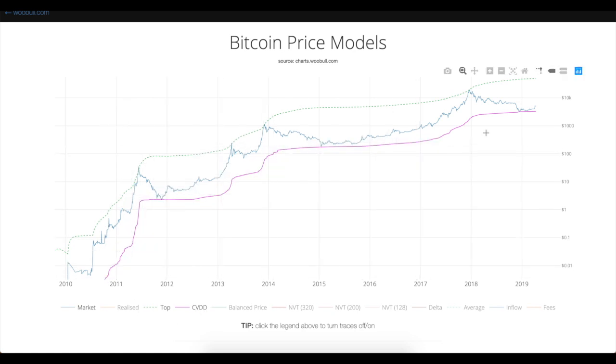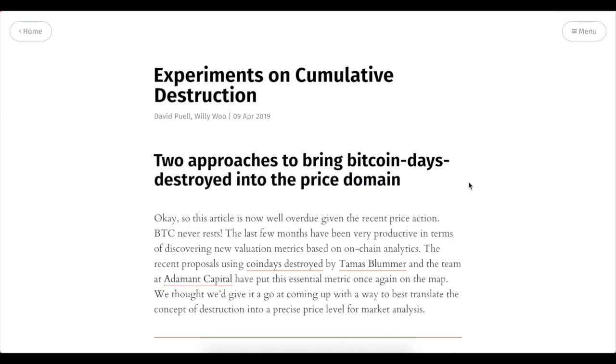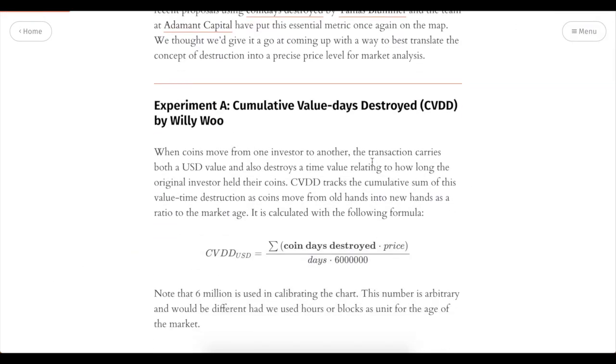line over here. So they are saying that it has a match for all of the major drops on the bull markets through Bitcoin history, and it's basically just a perfect match. And they wrote an article about it, so they explain that when a coin is moving from one holder to another, the transaction has, of course, a value in dollars because of the price of Bitcoin at a certain point of time. And also when this transaction happens, the period of time between the previous transaction and the recent transaction can be calculated in days, and the transaction sort of destroys the time of the holding